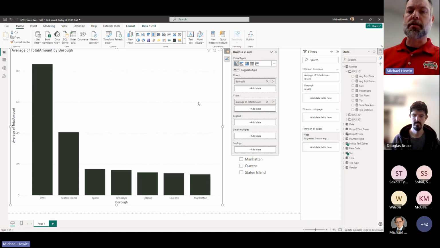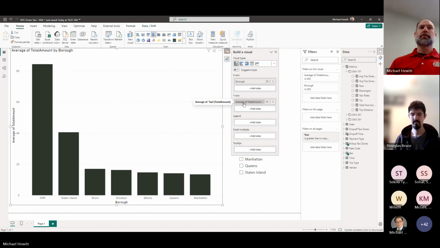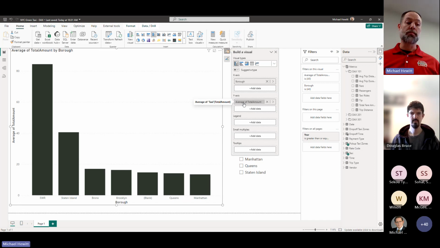But these implicit measures are limited because we're only able to aggregate with what's available based on the type of column we have and what's set by default as we drag different columns of data into our chart. So that's one limitation. The other limitation is that this is a one-time use. An implicit measure, we can't reuse across multiple visuals in our model. And if we're going to tell a good data story,